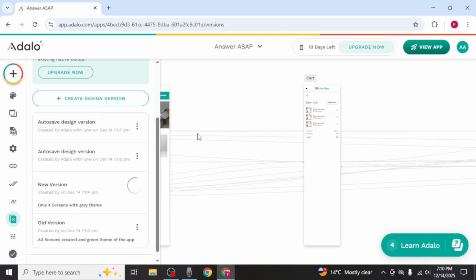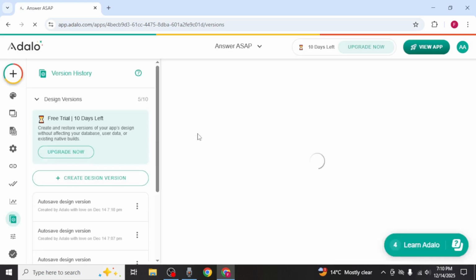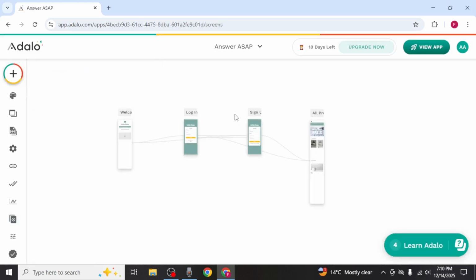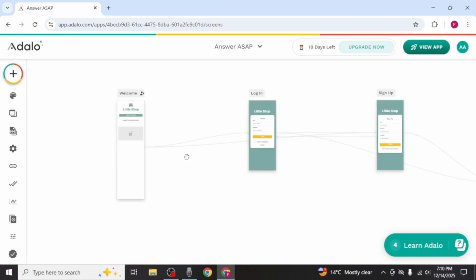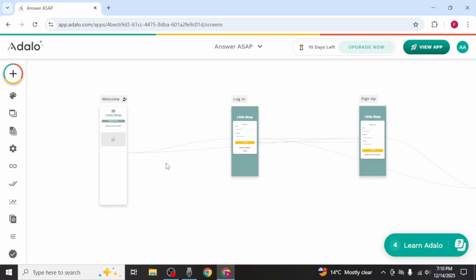After clicking Restore, Adalo will begin processing the request. The time it takes depends on how large and complex that design version is. Simply wait for a moment, and once the app automatically reloads, you will see that the selected design version has been restored successfully. Using this method, you can easily switch back to any previous design version whenever you need to